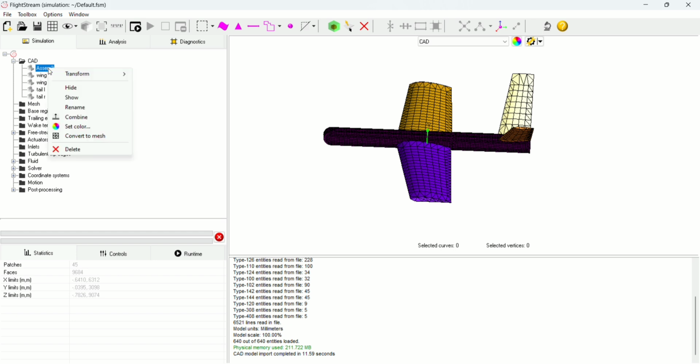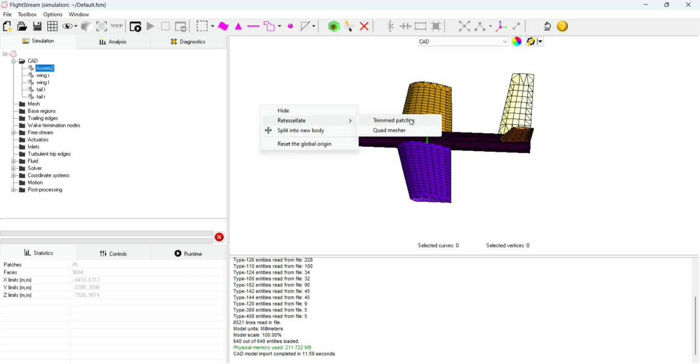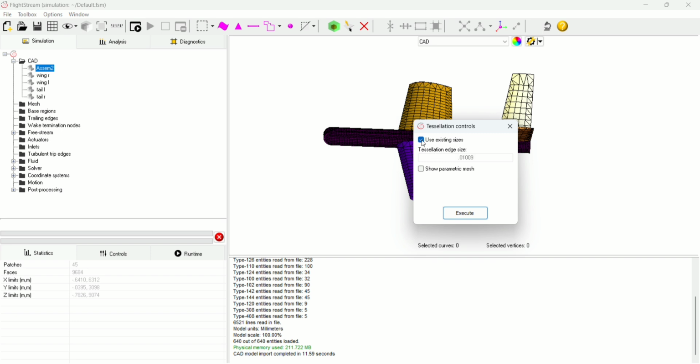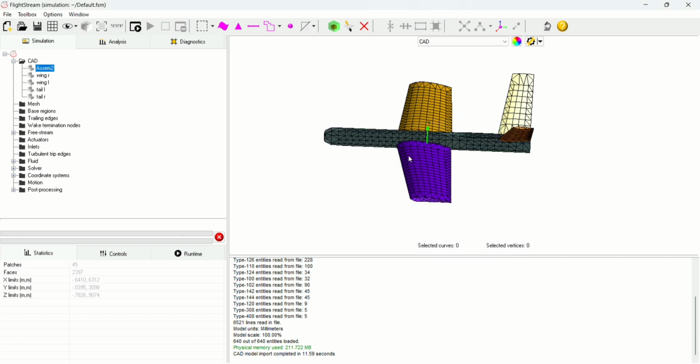So we'll also rename the fuselage. Once it is done, again we'll go to the same option and we'll type in 0.04 and execute it. Yes, so we have a fully meshed